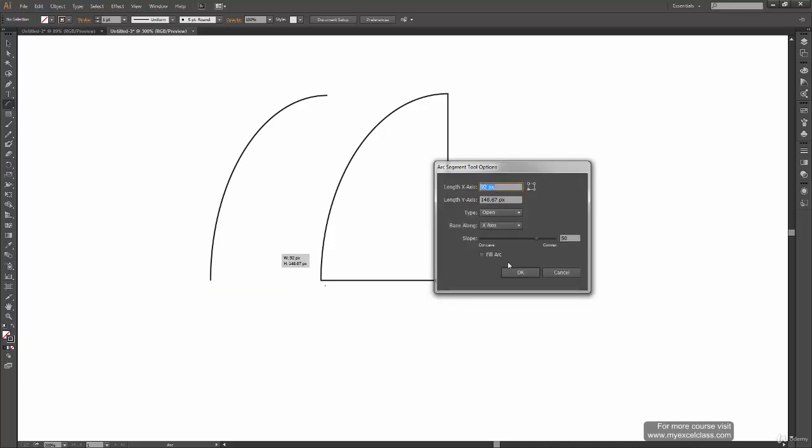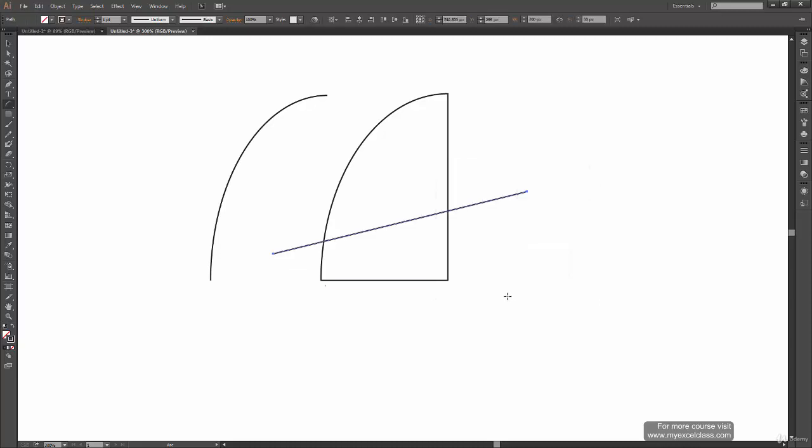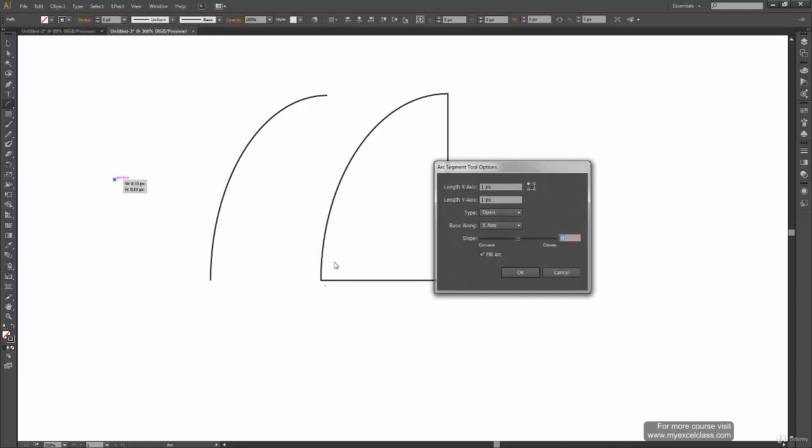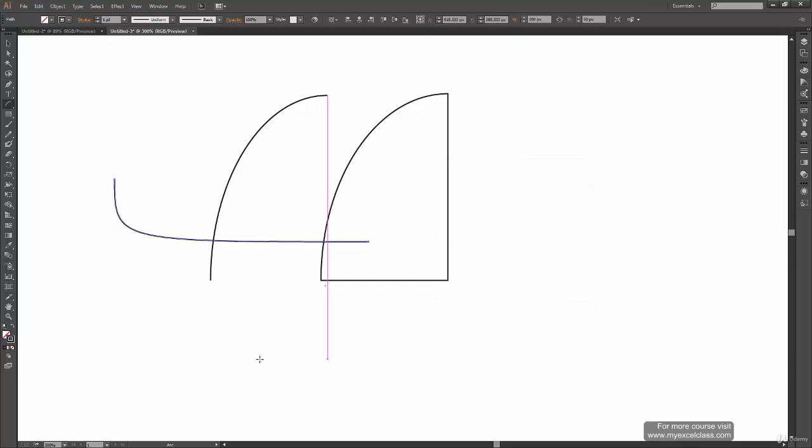Now let's see how fill arc works. So double click on the canvas and let's say the length should be 200 pixels and the y-axis should be 50 pixels. Okay, and fill the arc this time and set the slope to 0. Alright, so with 0 we get a straight line. So let's not do 0 and make it 90 degrees or 100, 250 for the y-axis and fill arc and OK.